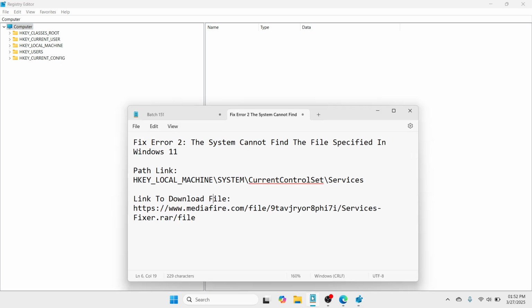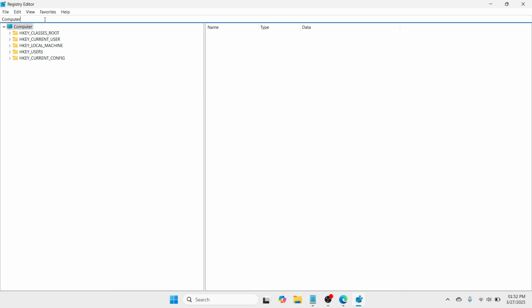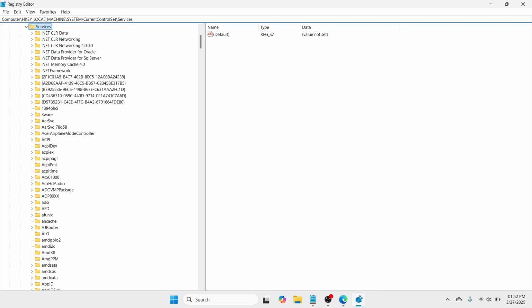Here, you need to paste a path link, or you can follow this path link. Just simply pause this video so that you can copy it. Anyway, I'll be including this in the description box below, so no worries for that. Once you have copied it, paste it here at the address bar, Control V to paste, and click on enter. And once you are here at the services,